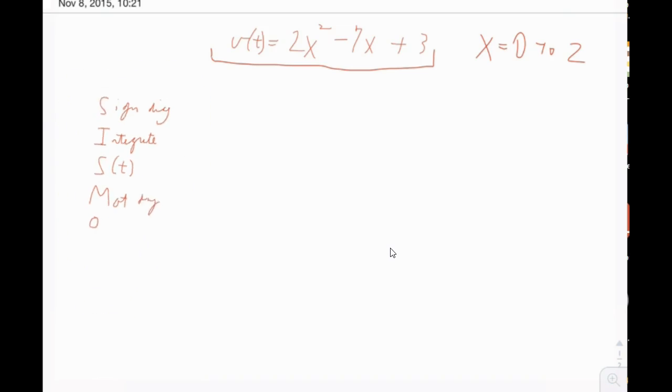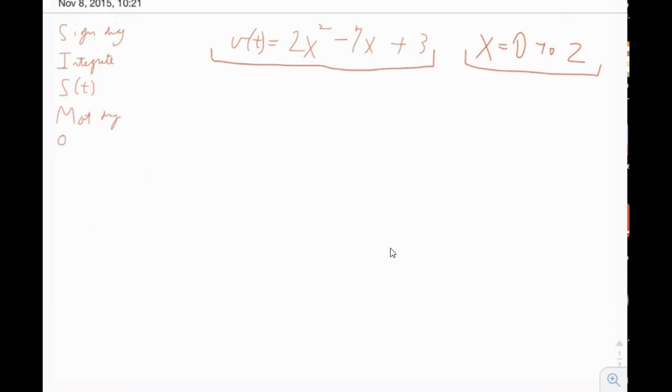As long as you follow the steps, these problems are not typical IB problems, because they're basically just can you remember the procedure? Alright. So we have this velocity function, and what they're going to ask us is, find the total distance traveled from t equals 0 to t equals 2. I did use x here, I'm sorry about that. I should have put t. So it should be 2t squared minus 7t plus 3. Why t? Because t is usually used when we want to say time, and we want to say, how far does the particle or car or whatever travel from t equals 0 to 2, the complicated thing being that the velocity is going positive, it's going negative sometimes,